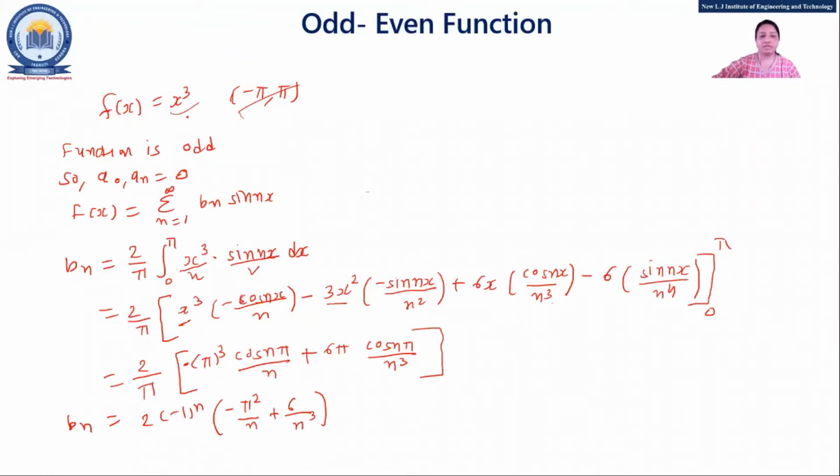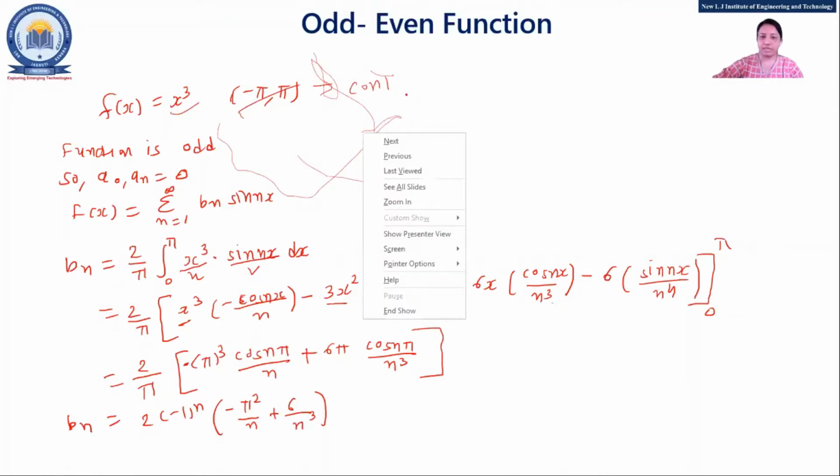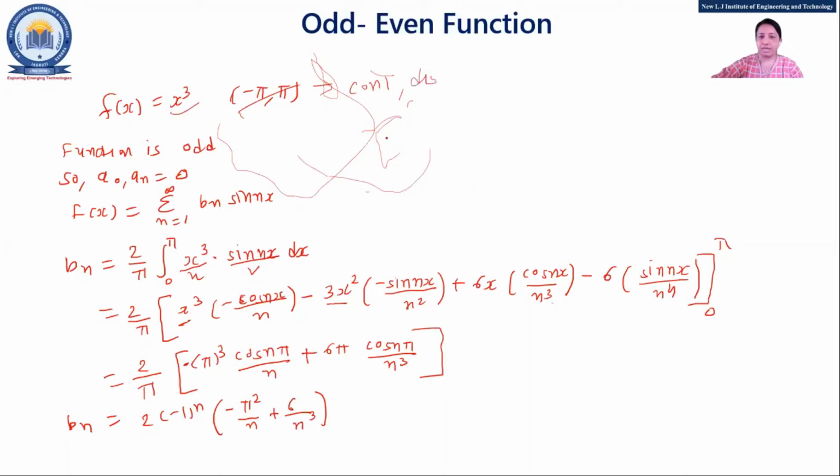In that one we have seen examples. We have seen two examples, right? Again odd and even. There are two parts, we can say continuous and discontinuous. So whenever it is there, at that time what are you supposed to do? First check odd or even, whether it is continuous or discontinuous, and you have to check it should be minus pi to pi, right?